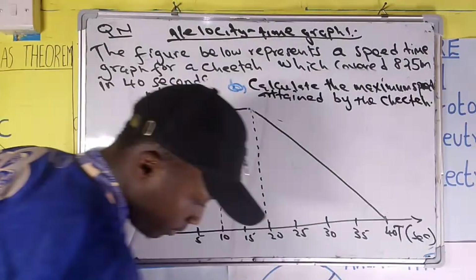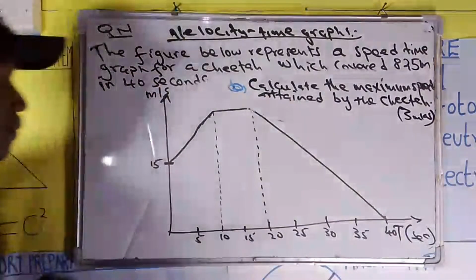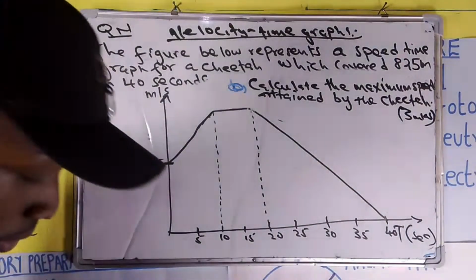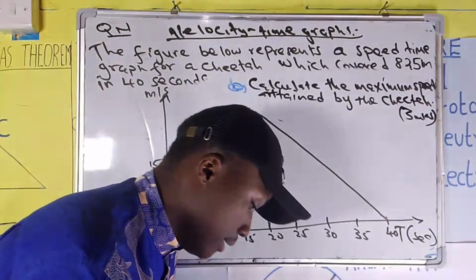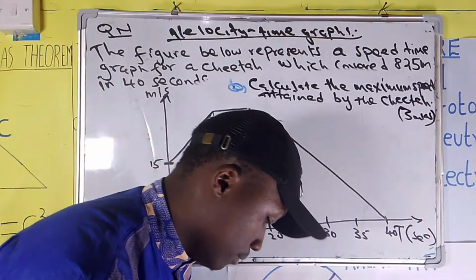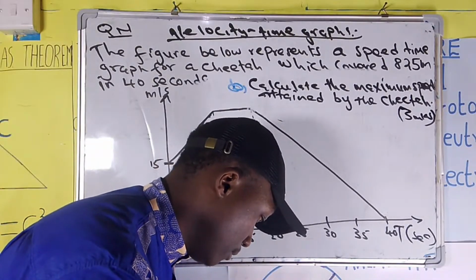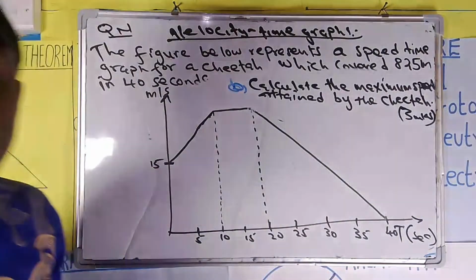So, that question is 3 marks. So, for us to determine the maximum speed attained by the cheetah, what we are going to do is